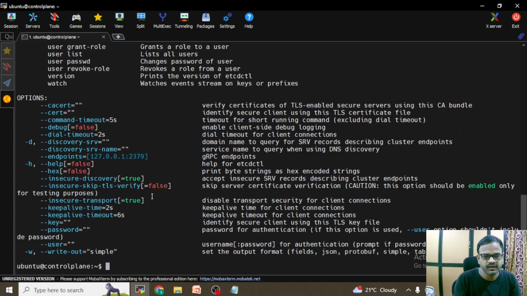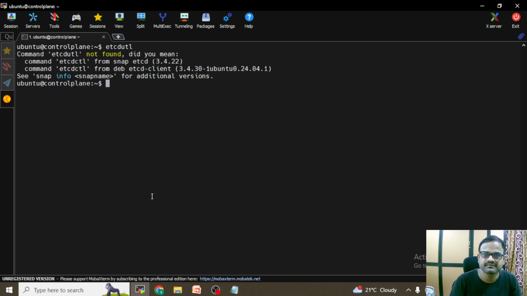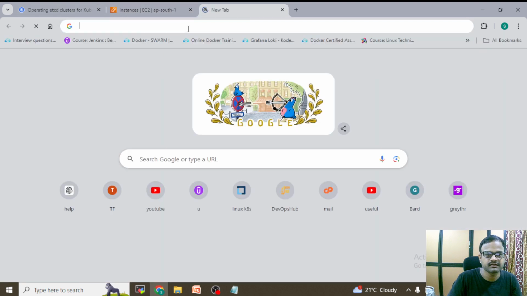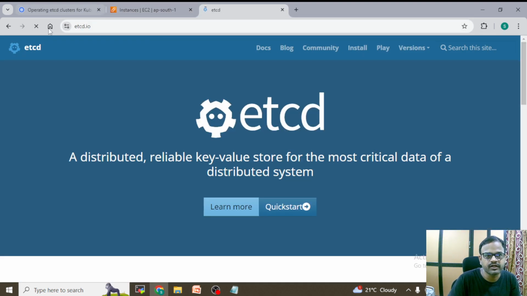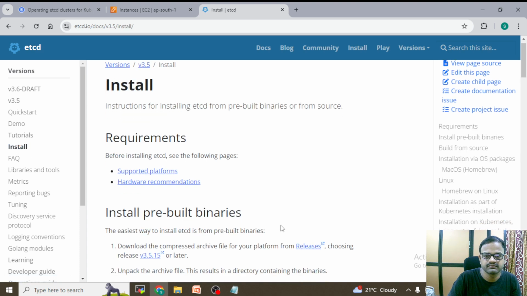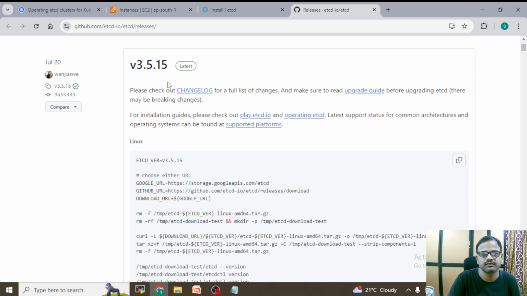And as I told you, if you go this way, etcdutl will not be part of this package. See, it has not come. So the right way is to go to the documentation of etcd.io. There you can go to docs, the installation section. There are some releases it is showing. Just click that one. It will take you to GitHub. So this is the version. Currently it is the latest version